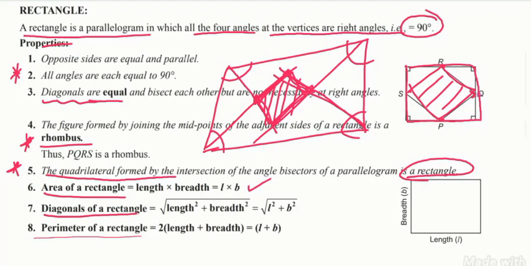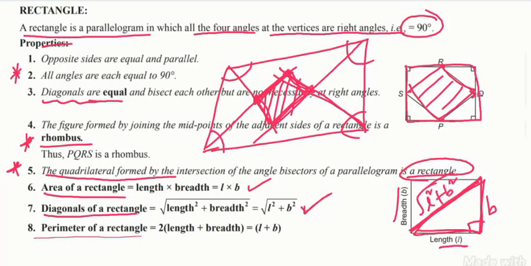Next, diagonals of the rectangle. Diagonal of a rectangle is nothing but square root of length square plus breadth square. So suppose this is length, this is breadth, then opposite sides are equal. This is also breadth only. So if you join like this, this is one of the diagonals. So here 90 degrees, so you can apply the right triangle, meaning Pythagoras rule. So this is the hypotenuse. So hypotenuse is equal to the square root of the sum of the squares of the two sides, so L square plus B square. So diagonal is equal to root of L square plus B square.